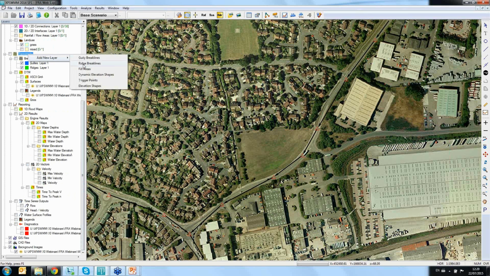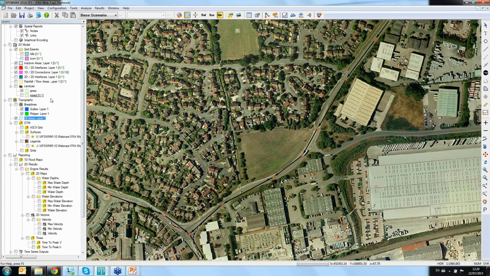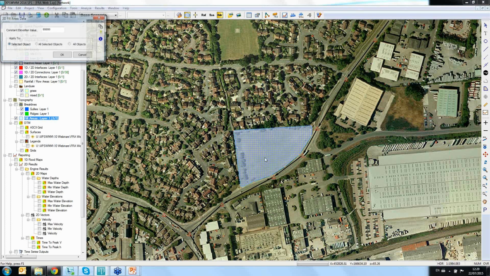So all I need to do is create a fill area layer under topography. And by selecting a polygon tool, I can just draw a hatch on top of this detention basin. And the software will allow me to change the topographical level of this hatched area. So if I move my mouse, you can see it's 65.24, but actually I know it's 64.5, right? So you can adjust it to one object, to few objects selected which were drawn under this layer,